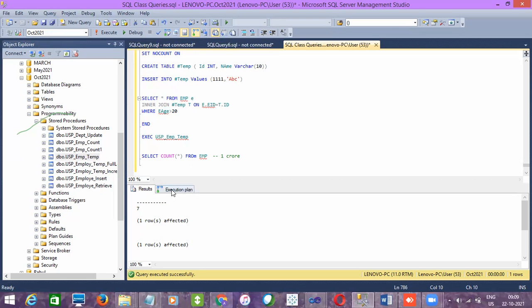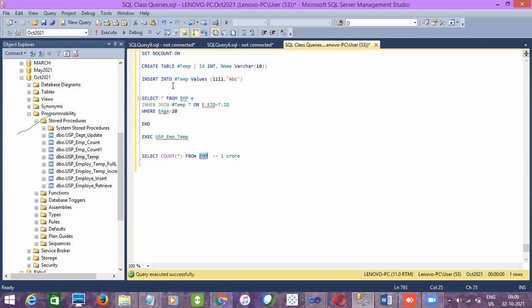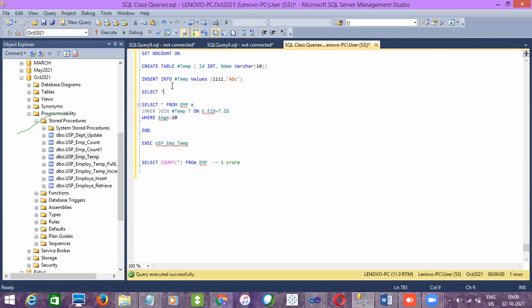So instead, if any table has a huge volume of records, try to insert those records into a temp table, right? We have the syntax: select star into